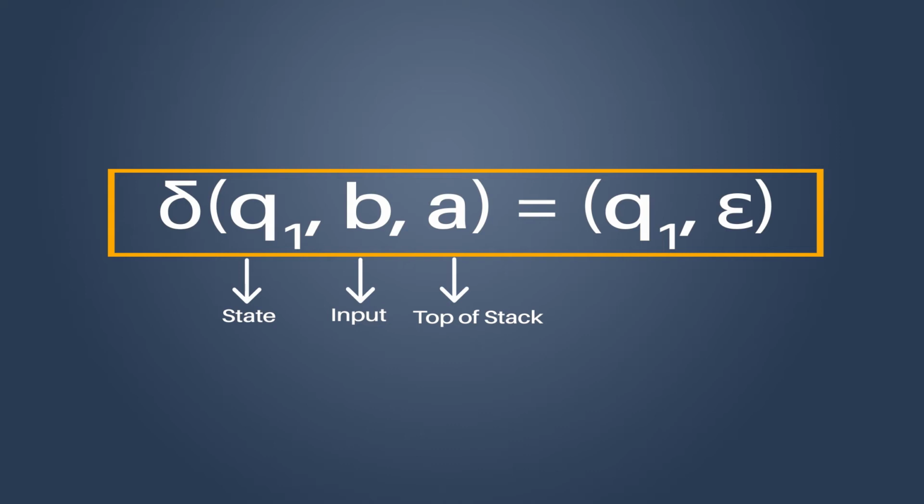Assume that all the inputs are over, and if there were equal number of A's and B's, when I see the stack now, I should be able to see that Z0 is the top of the stack. If I have Z0 as top of the stack, then I should be going to my final state.